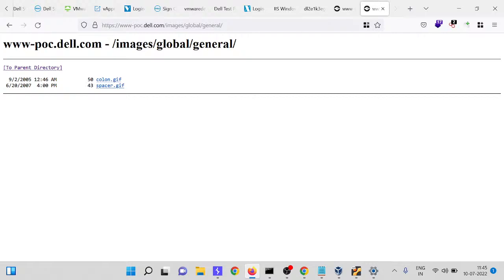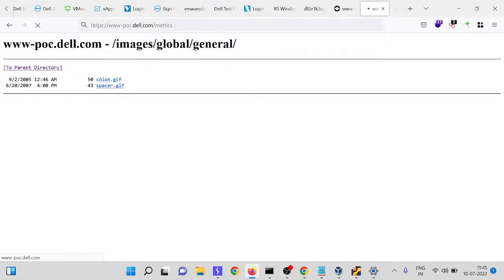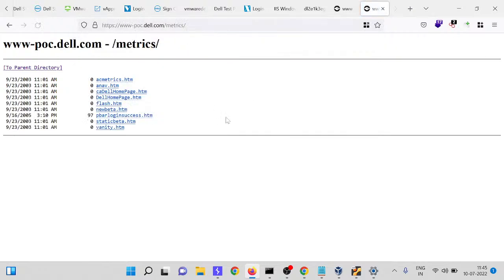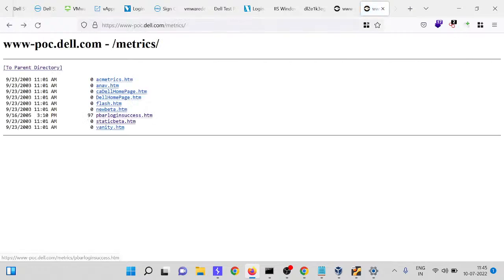Matrix, blank, only this is the thing. Login success HTML. So showing.